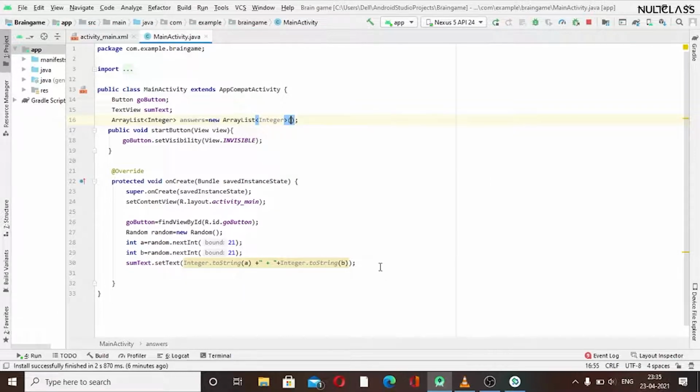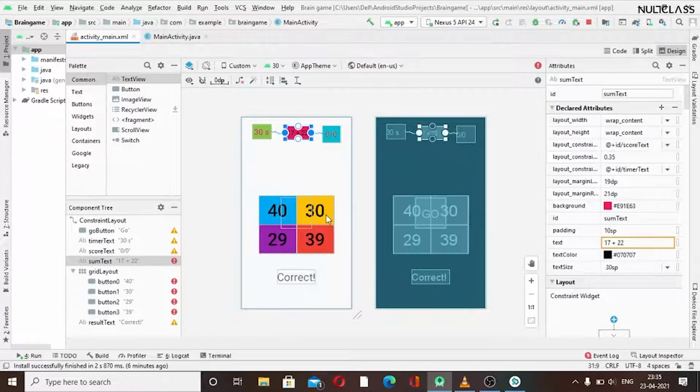Now we want the correct answer at any position. We don't want the correct answer to appear every time at a fixed position. We want it to differ, like first time here, then second time it may be here or there.